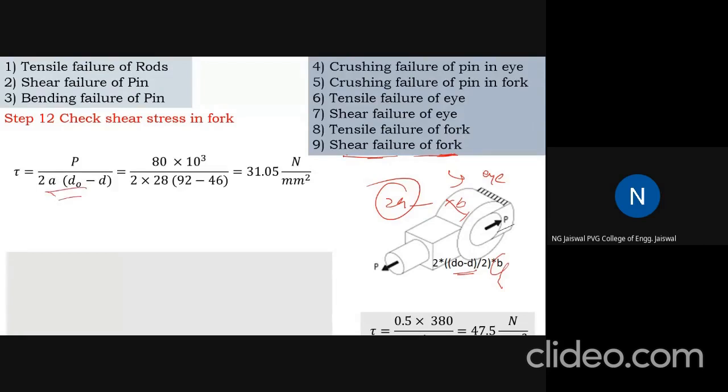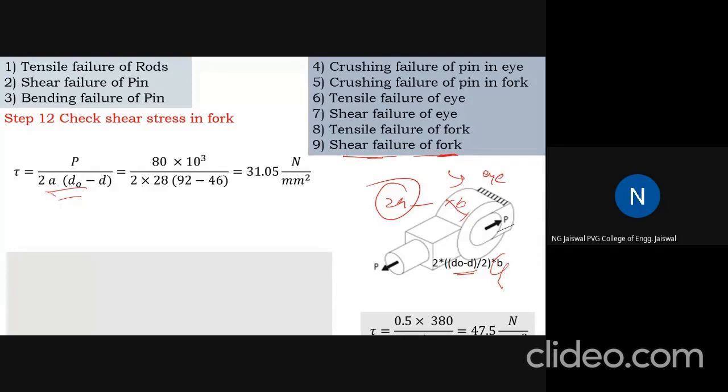So if you follow this approach, I don't know, sometimes the textbooks are written in the direction of what authors think. Okay, it happens. In knuckle joint specifically, if you go by the way I am explaining, it will be very easy for you to solve all sorts of problems. Just remember these steps only.